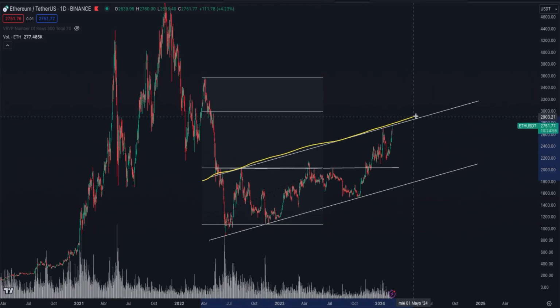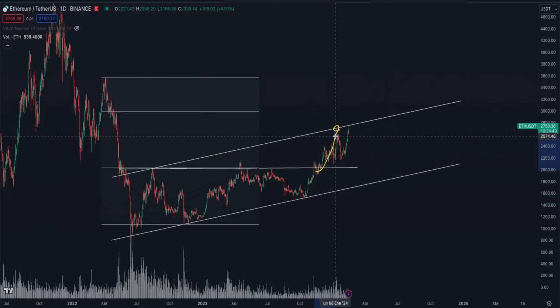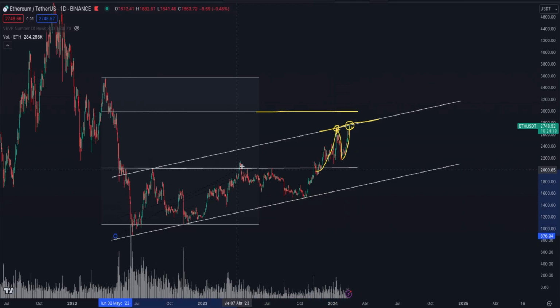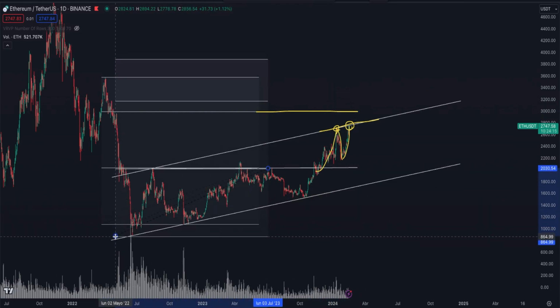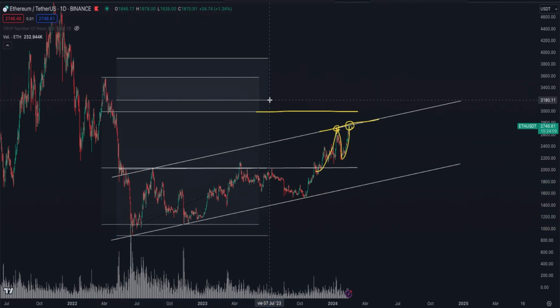Well, we give importance to the fact that Ethereum is at a market extreme, plain and simple. But frankly, seeing this bounce off its structure and now contacting it again, this honestly makes me think they're going to want to break through the structure. Why wouldn't they go for their institutional target? Note that there is another measurement for Ethereum. I've shown you the one I think they are going to use, but there is another one that is a bit more ambitious, not to be confused with vicious, and it is higher up.